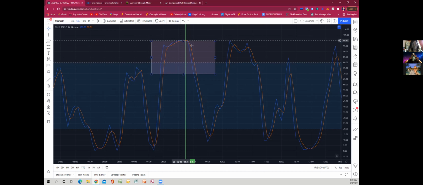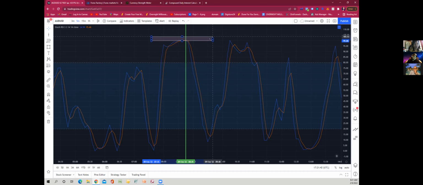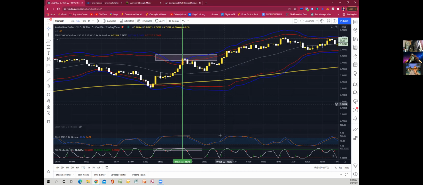The reason why it finally dropped: my blue line finally crossed my orange line on the downside. So this right here, this cross, this is what you want to see. Not all of it, just this part. This crossover is a clear indication. This is saying it's about to tank. It's about to deep dive into the ocean.